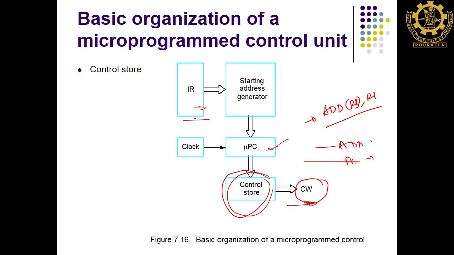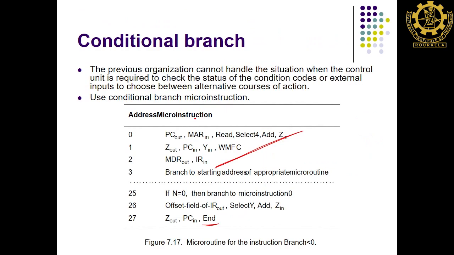So, now if it is a jump instruction, what will happen? You have to go to the corresponding jump instruction. So, here we go. It branches to the starting address of the appropriate micro routine. Now if n is 0, then it will branch to micro instruction 0, otherwise it will continue. Why is it so? Say it realized that jump 2050,